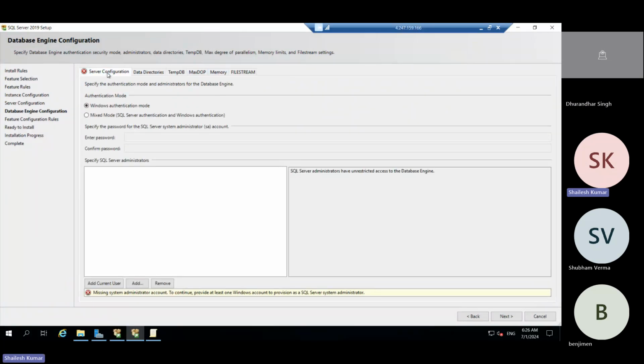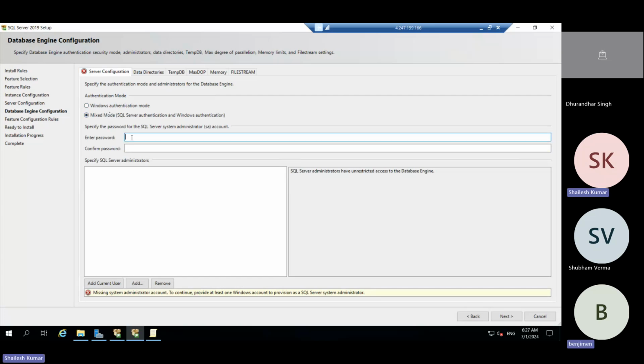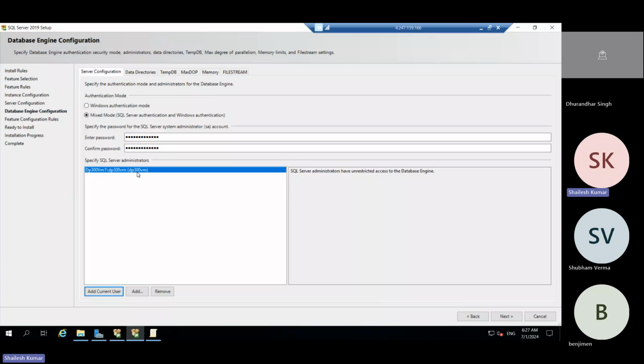We have authentication mode, Windows and Mixed Mode. Basically we choose Mixed Mode because we can connect with Windows as well as SQL users, and just pass an account password. And then we have to add this user here, because previously we faced an issue when anyone disabled all these things and then we were not able to connect to the system. So this is our account. We can connect to the system automatically by default, as we have system permission.